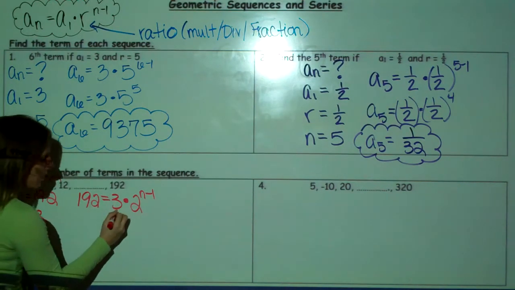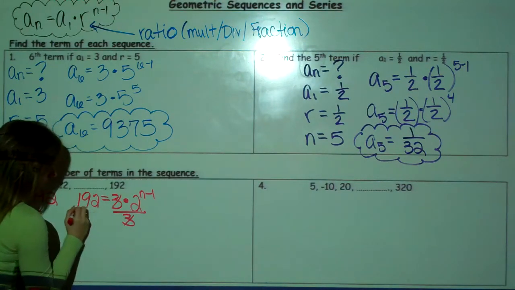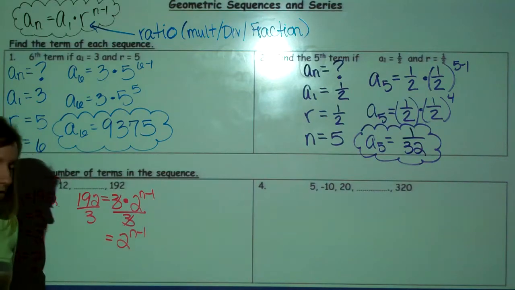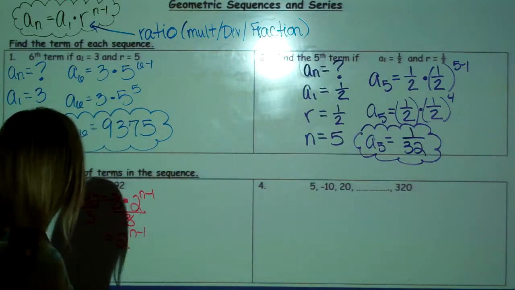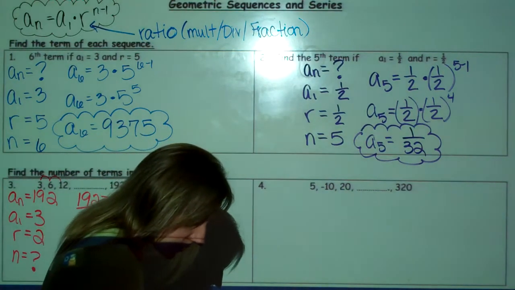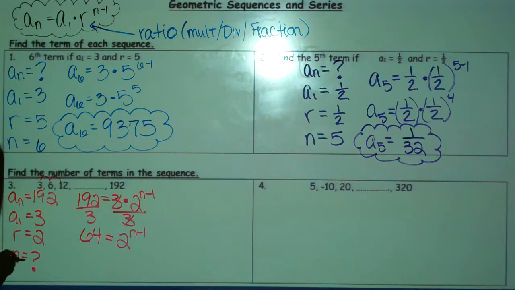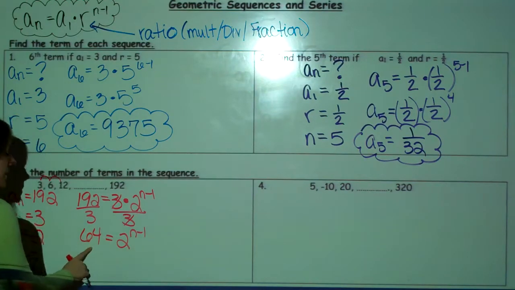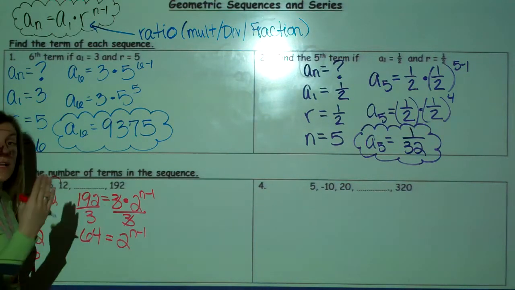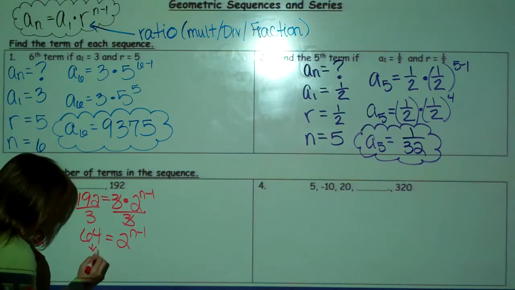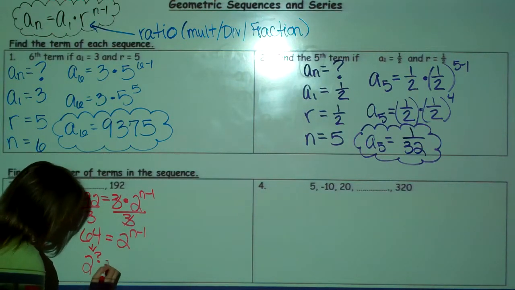So the way we want to do it first is we want to divide the 3 out. That way we've got 2 to the n minus 1 power. 192 divided by 3 is 64. So really what I would ask myself is 64 is 2 to what power? Okay? So let's convert this. 2 to what power